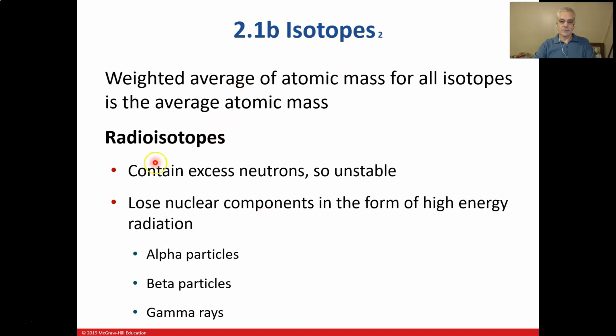All right, so a radioisotope contains excess neutrons, as I've just told you. We just saw that with carbon-12. Those excess neutrons are unstable. Now, we won't get into the physics of the whole thing. It doesn't matter. Just understand, if it's got more neutrons than it ought to have, it's unstable. Unstable means it's radioactive. So it loses nuclear components in the form of high energy radiation,